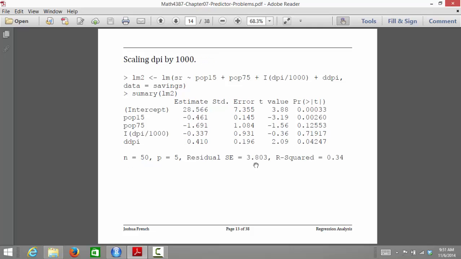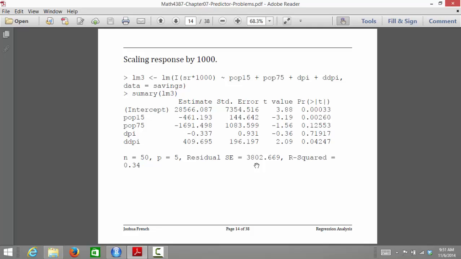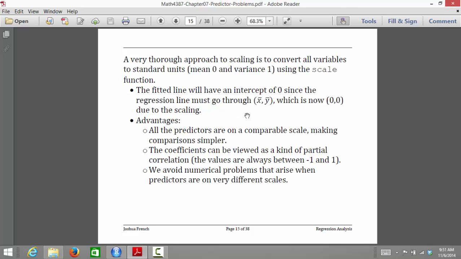By 1,000. So actually, it was multiplied by 1,000. And so we've increased the residual standard error by quite a bit, by a fairly large scale. So scaling the response impacts a lot more than just scaling one of the predictors. And if you want to be very thorough in your scaling or your transformation, the goal is to convert both the